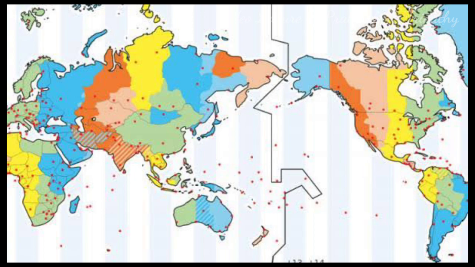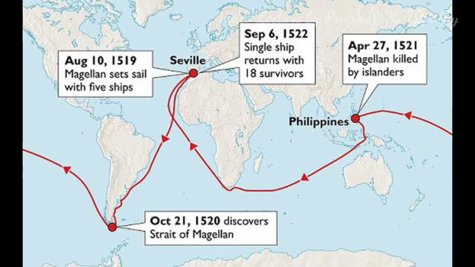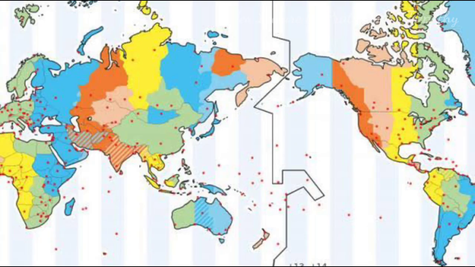The history of the international date line dates back to 1522 when Magellan's crew reached home after circumnavigating the world for the first time by ship. They thought it was 5th September, but actually they reached on 6th September. This is because a peculiar situation arises at the meridian 180 degrees. When we travel east of this line, it is referred to as 180 degree east. And when we travel west of this line, it is referred to 180 degree west.